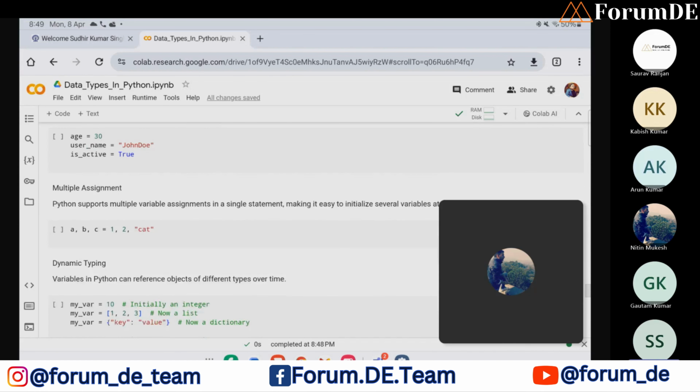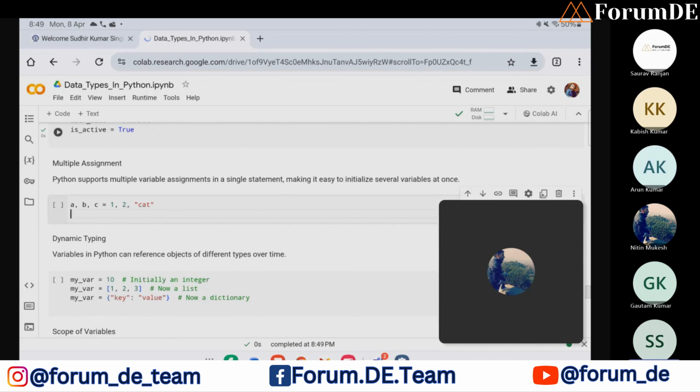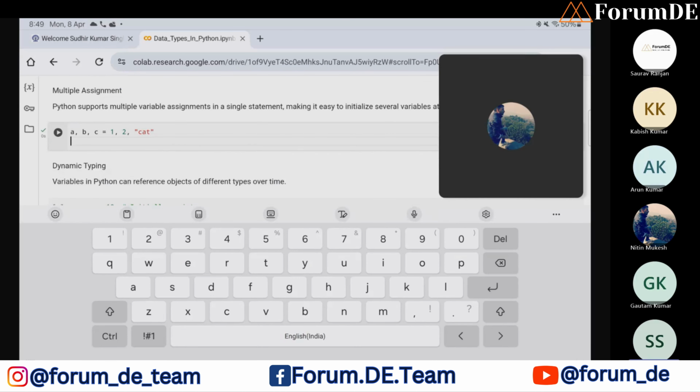Similarly, we can go for multiple assignment also. Here we can see that in this cell, age, username, and is_active are assigned one by one. But we can also assign multiple values to the variables, and we can print and see these values.